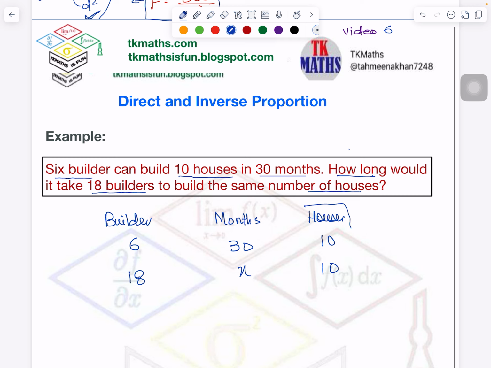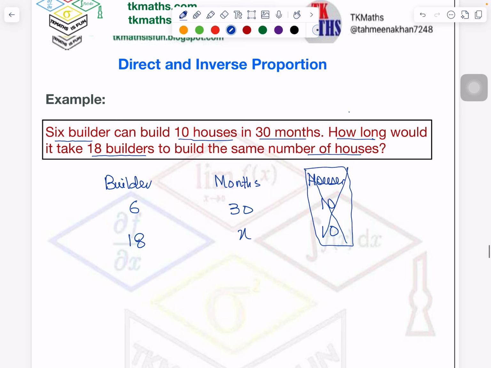The factor which has the same number, you don't need to consider it. If it is different, then it is a question which is dealt in a totally different way, right? And because it is not part of the syllabus, so we do not discuss it. So now it is the same old question, right? So when builders are increasing from 6 to 18, they are becoming, right? Then number of months will be